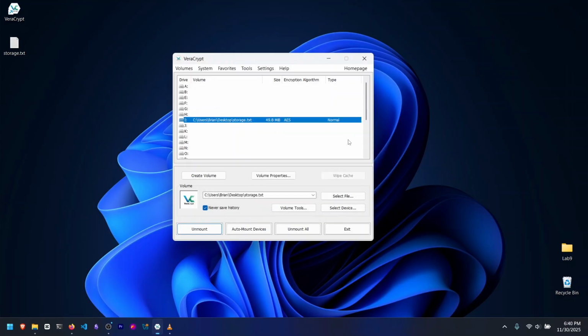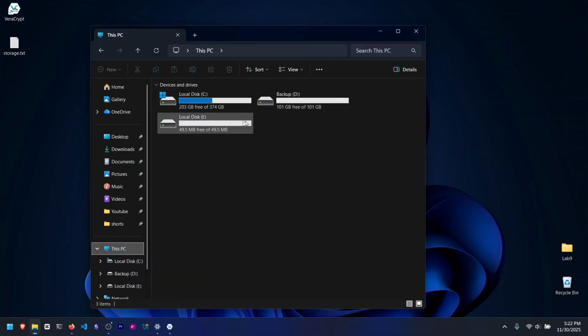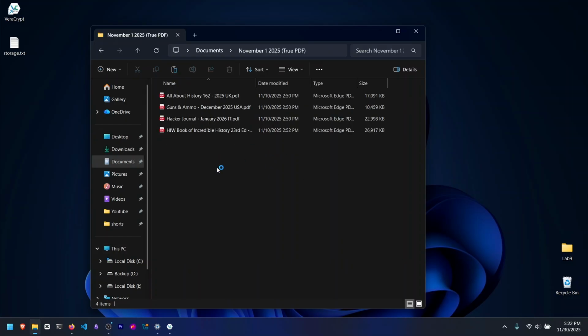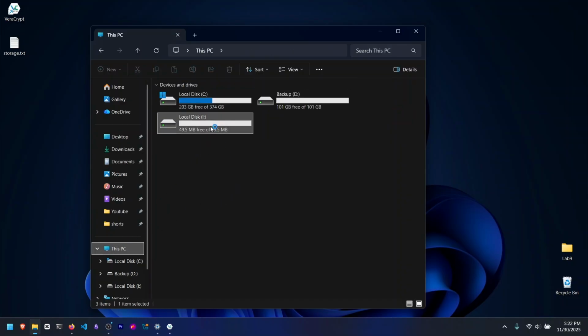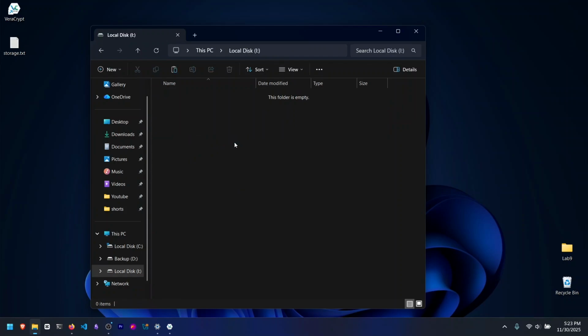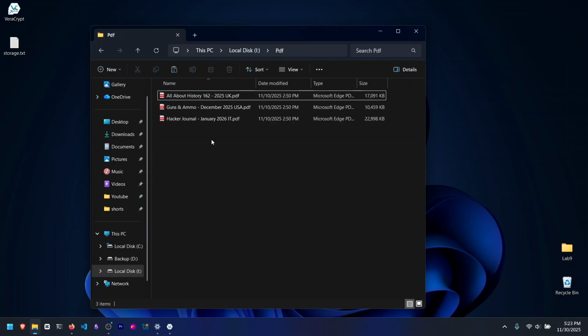Then it's going to mount. And you can see down here, right here we have our disk mounted. So it's a file, but now it has mounted as a storage device. So let's hide some content inside there. Right here I have some PDFs that I had downloaded. I'm going to hide them in that particular file. So I'm going to copy them. Then I'll go to my storage. Then maybe I can create a new folder, and now my PDFs have been copied to that particular storage